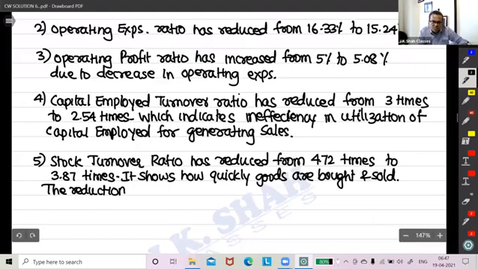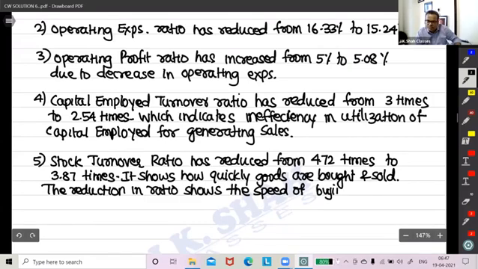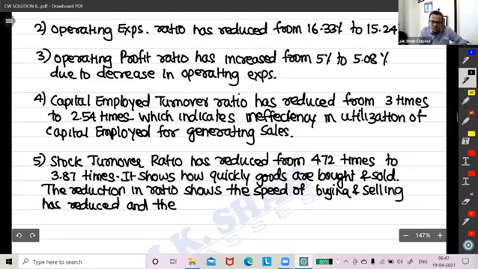The reduction in the ratio shows the speed of buying and selling has reduced, and the stocks,